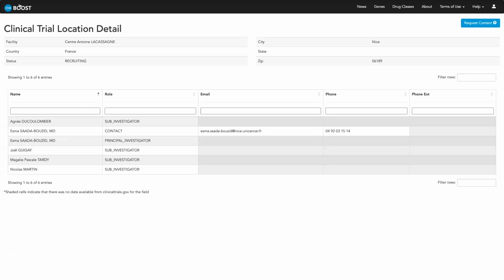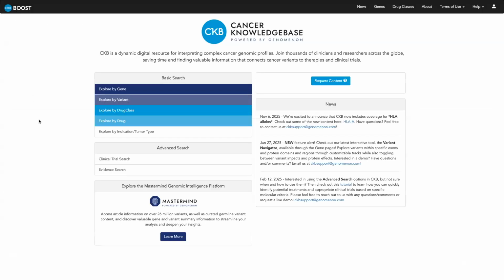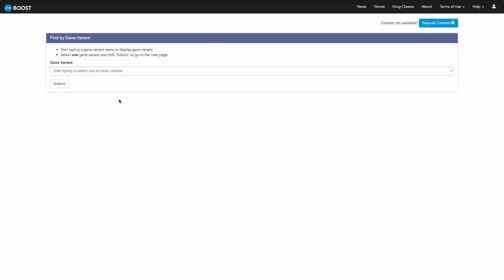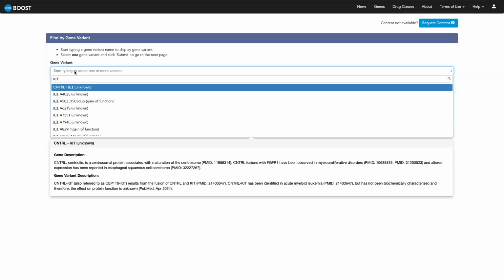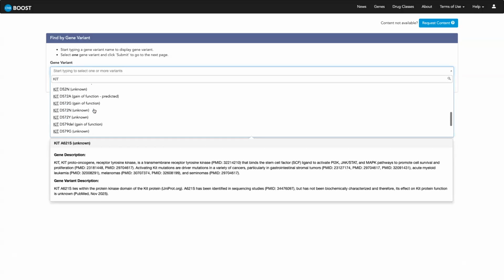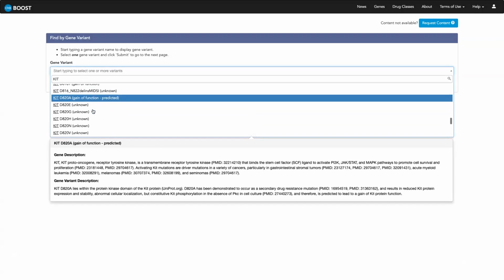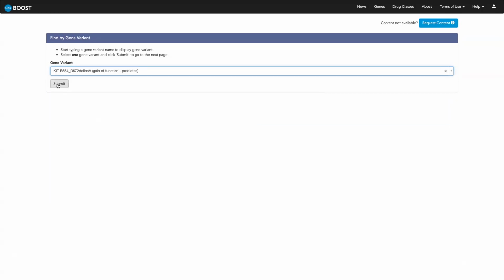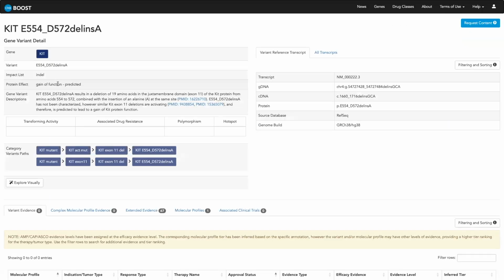All right, I'm going to go back to the home page. So we went through the gene detail page, and now I'm going to show you how to explore by variant. If I click on Explore by Variant, you would start typing in your variant that you're looking for. We do follow HGVS nomenclature, so I'm going to stick with the same gene and go with KIT. Start typing in my variant. Once I find it, I'm going to select it, click Submit, and that will bring me to the gene variant